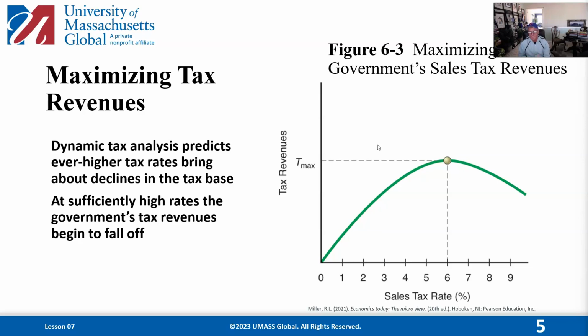There's many different charts like this, and this is just one. And there's some numbers on here, but sometimes the numbers don't mean as much. But what we want to walk away from this chart with is that there is a dynamic that talks about the more that you tax, the less money you get.